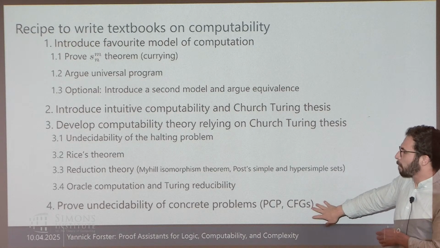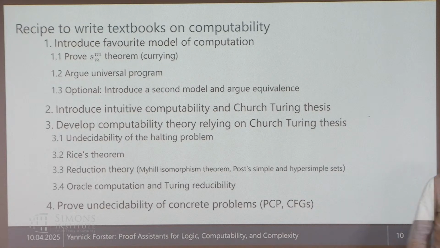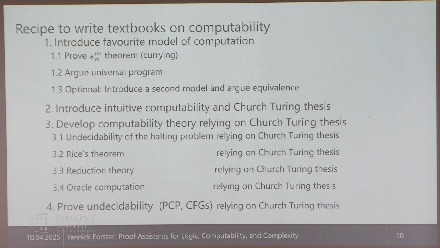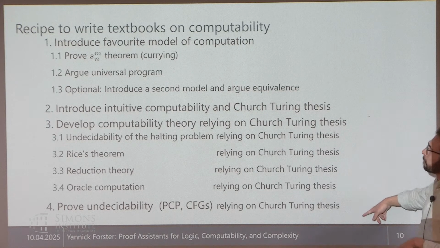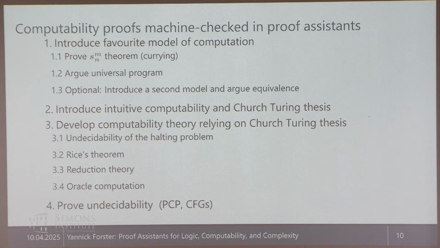And then usually a couple of concrete undecidable problems: the Post correspondence problem, something around context-free grammars, something like this. More or less all textbooks look like that. And the thing I want to highlight is that this all relies on the Church-Turing thesis. Now, if you want to do something in a proof assistant, it becomes a bit tricky, because in proof assistants,